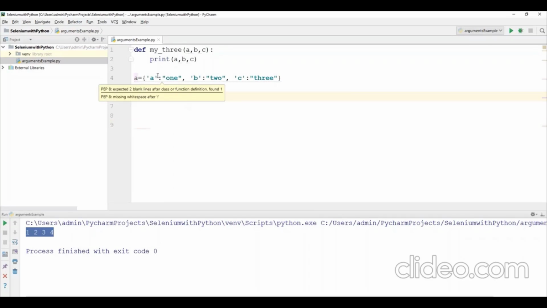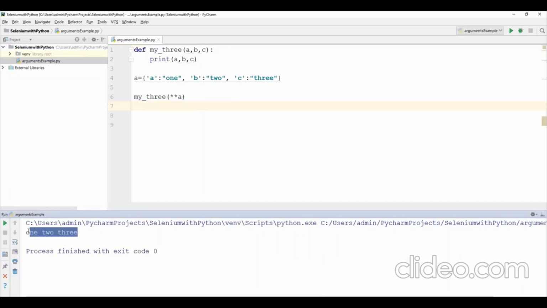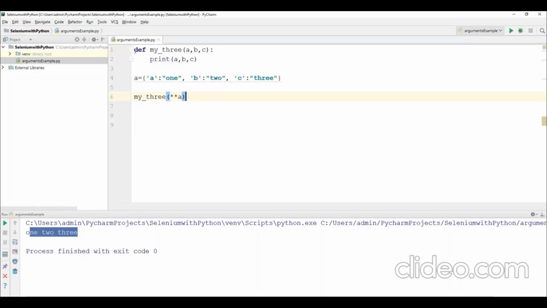So ** represents that we are passing the key as well as the value. This value will be stored in a, this value will be stored in b, and 3 will be stored in c. So these parameter names should exactly match these parameter names. Remember this, and the value can be anything. So 1, 2, 3 will be assigned to a, b, c, and it will print here. But the variable names exactly should match with the a, b, c arguments. So when I run this code, we will get exactly 1, 2, 3. So here we are passing key values to this function. This is one example. Now I'll show you one more example.